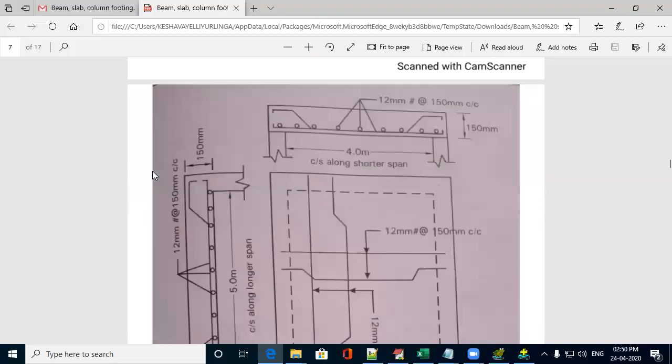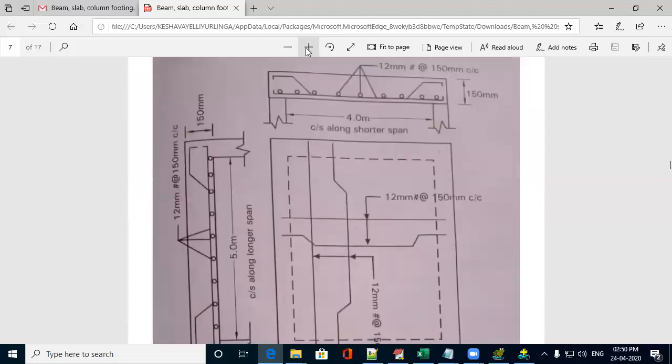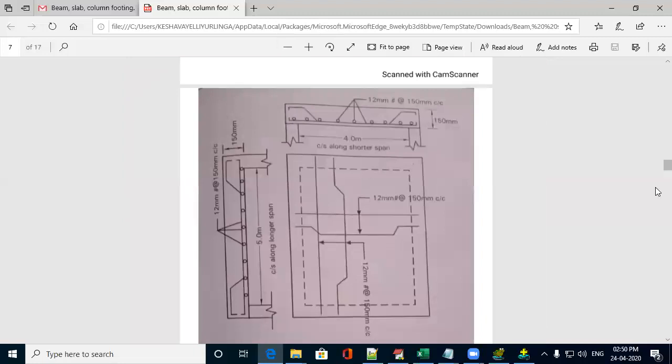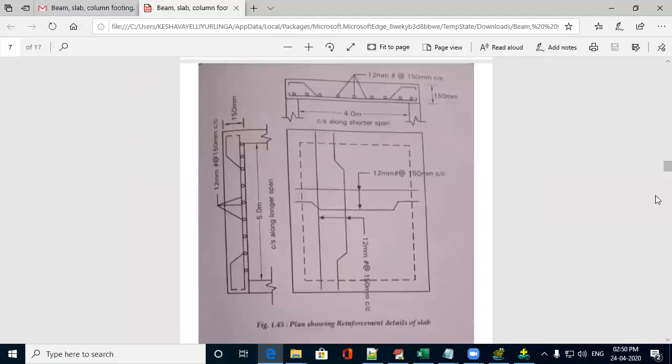And also they have given this diagram. You can observe this is the shorter direction, that is shorter span 4 meter, and this is the longer dimension, that is 5 meter. Thickness of the slab 150 mm, 12 mm diameter at 150 mm center to center. Both the directions it is same. You can observe each alternate bar is cranked 2 times at 2 places. Alternate bars are cranked